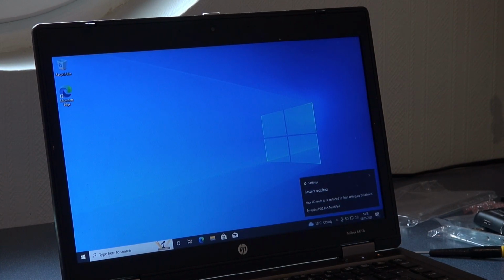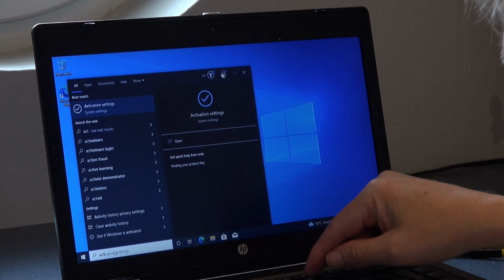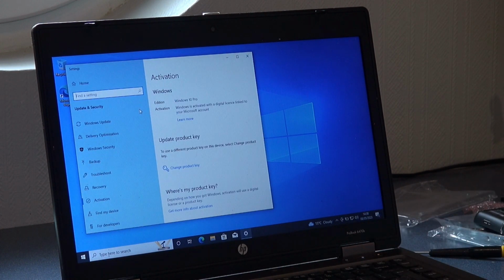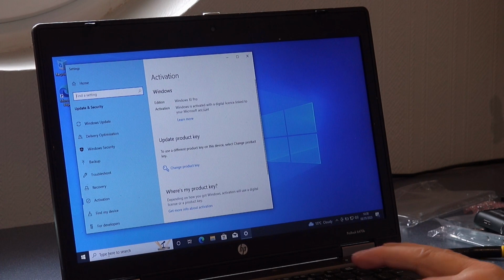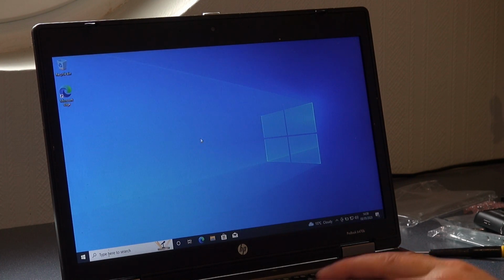Ping. And there we are. We're back in and we got Windows. Now, question is activation settings. Let's have a quick look at those. Oh, there we are. Excellent. It says Windows is activated with a digital license linked to your Microsoft account. So that worked beautifully. So now all I've got to do is either try and retrieve my backup, which is one possibility, or simply just reinstall everything else. But it's all worked. So let's shut down,